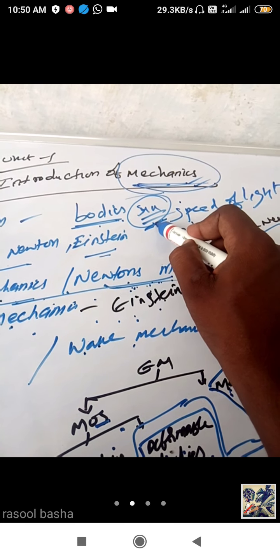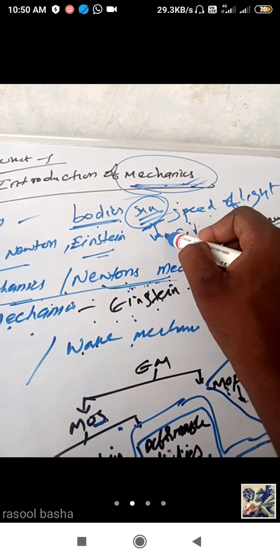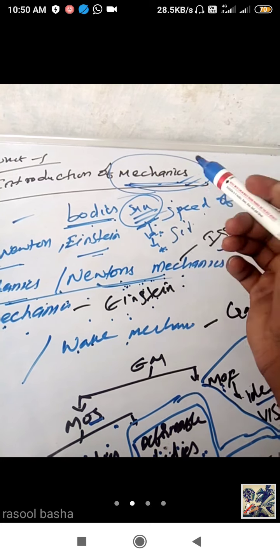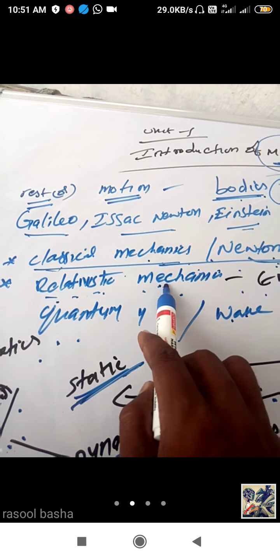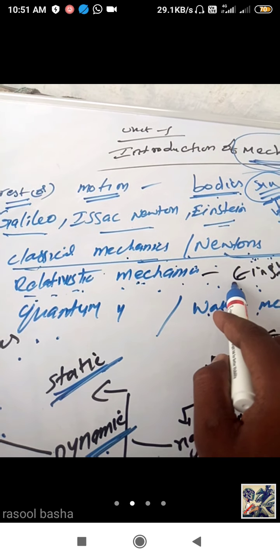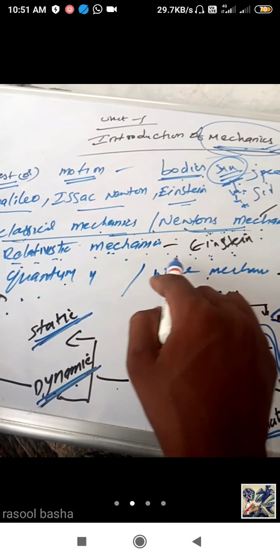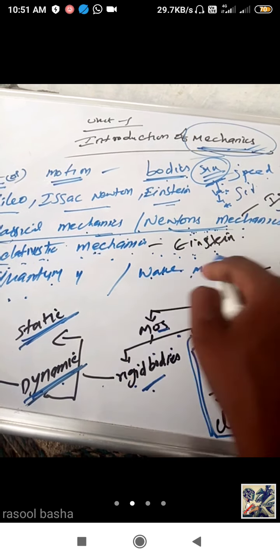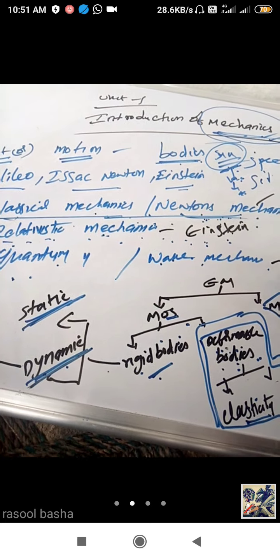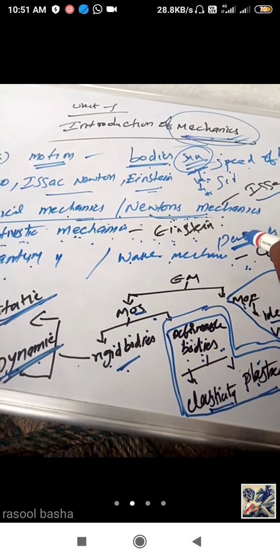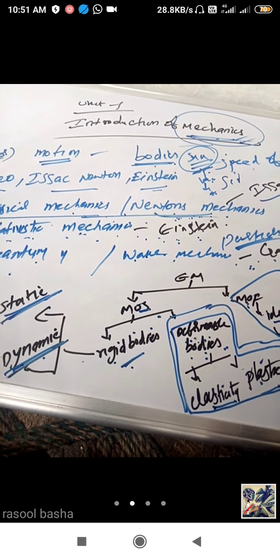It is traveling through the vacuum. Next, it is entering into the air. How much energy will it lose? These types of characteristics are explained in relativistic mechanics. It is clearly shown by Einstein. Next, coming to quantum mechanics, wave mechanics, it was developed by Galileo. This mechanics explains the behavior of particles. So this is the small concept of mechanics.